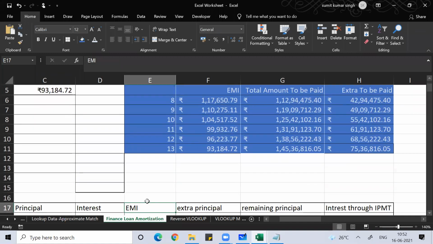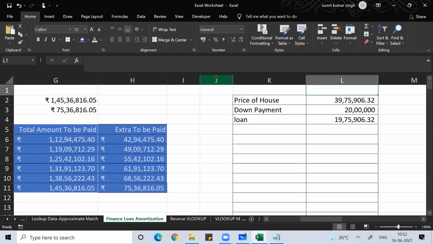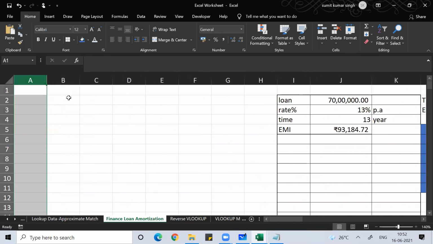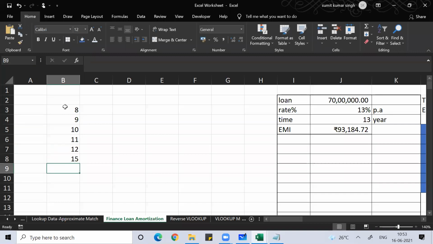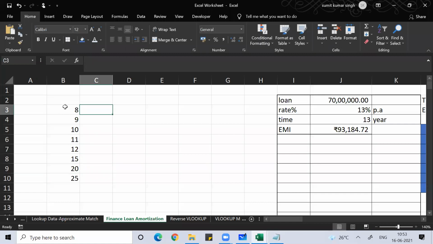I can change the time period like this: 8, then 9, 10, 11, 12, 13, 15, 20, 25. You can take a loan of 8 years, 10 years, or 5 years, like that.